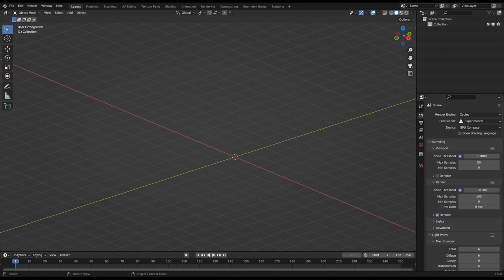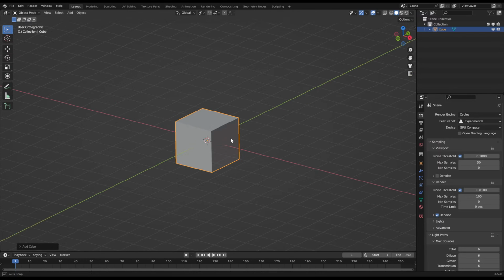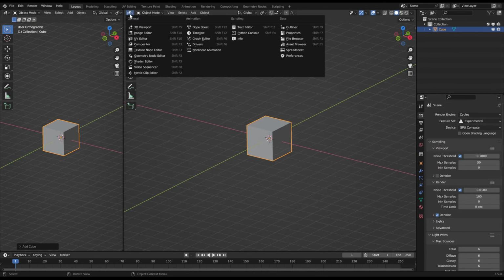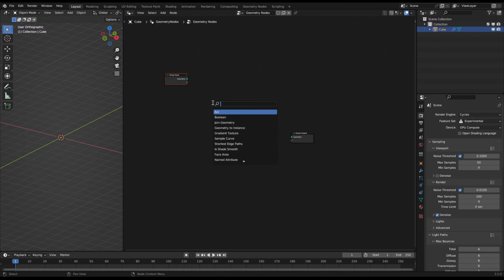So let me quickly look here. Alright, then let's just start by deleting the default cube and adding it again. So let's open the geometry nodes editor here and just start right away. So here it really doesn't matter, the group input doesn't matter. We will replace it with a grid, because what we will do now is